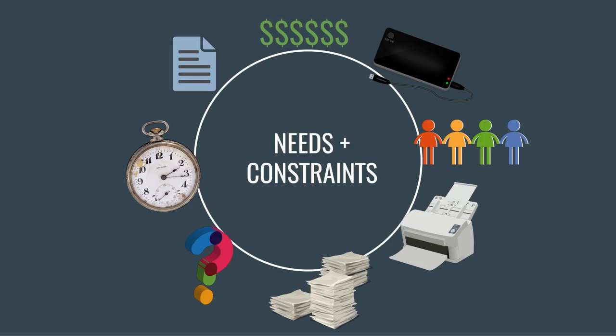So I have here a little graphic about needs and constraints. Any of these can influence the other, and it's really important to figure out early on what your limitations are, what's the most important to you, what you can't live without. So like any other project. These needs or constraints can be financially related, space related in terms of how much space you actually have to store your digital documents,